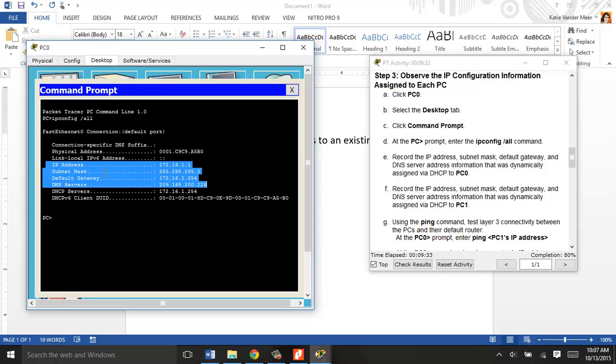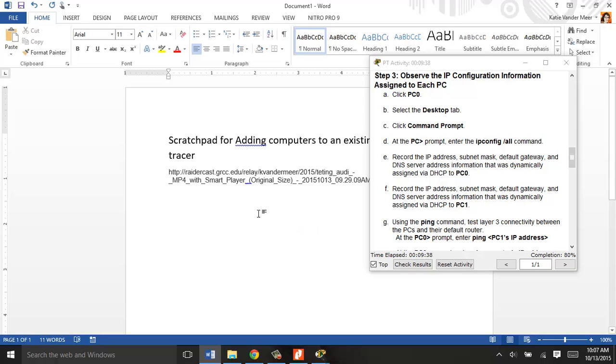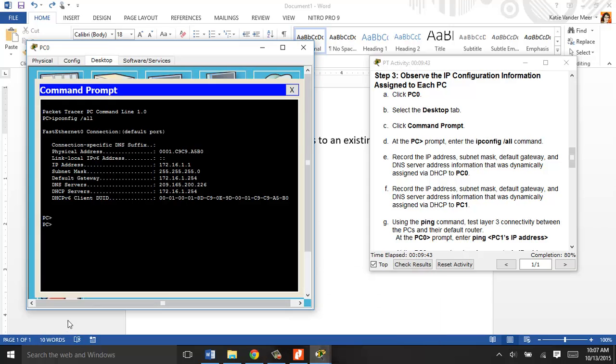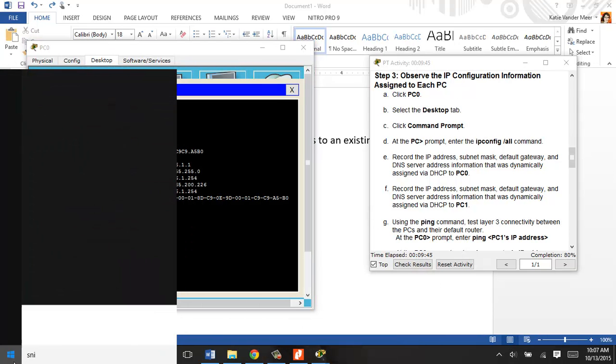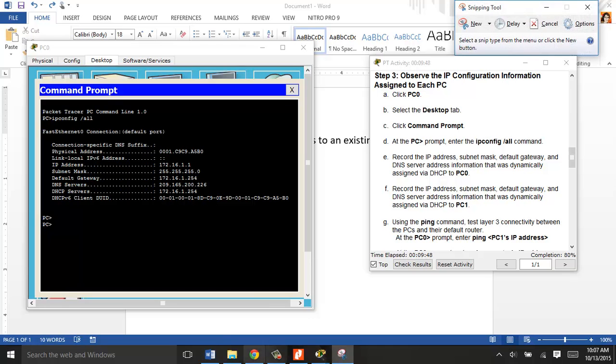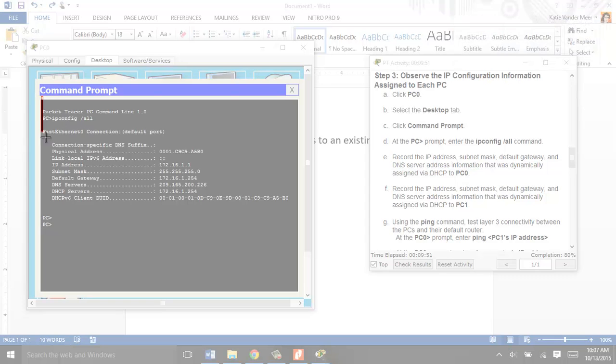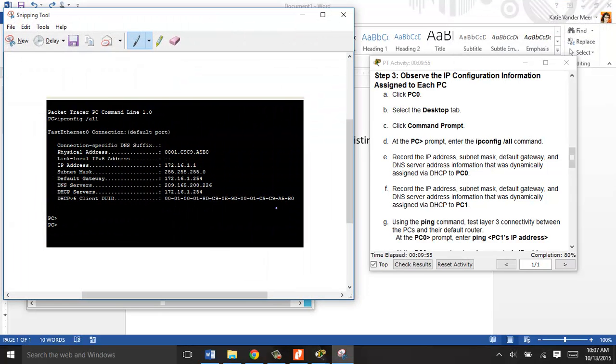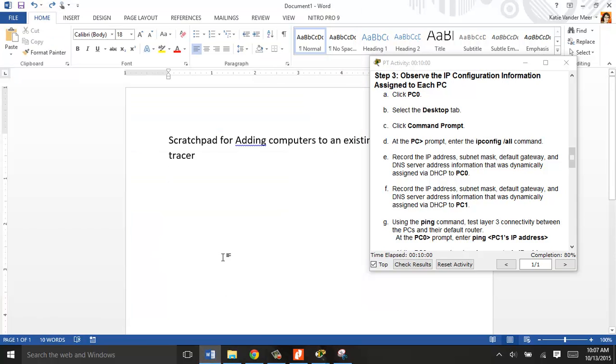So I want to copy this. I highlighted it. Let's see if I can paste it. Nope. That was the last thing I pasted. I can do a screenshot. Snipping tool. New. Control A, Control C. PC. Okay, so these are step 3, E, where it says record